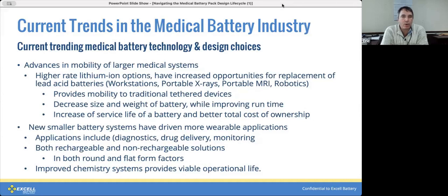Just in terms of what we're seeing in battery technology and design choices, it really comes down to applications. And from this standpoint, we see it going in two directions. One, we see larger systems and advances in the mobility of these larger systems. The introduction of higher rate lithium ion options, driven partly by automotive, but also by portable household electronics, allowing for higher capacity and lower internal resistance, has begun to give opportunities for replacements of